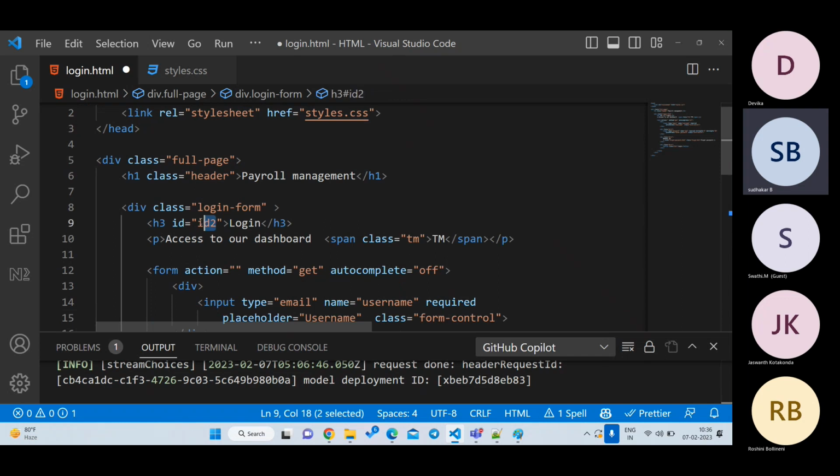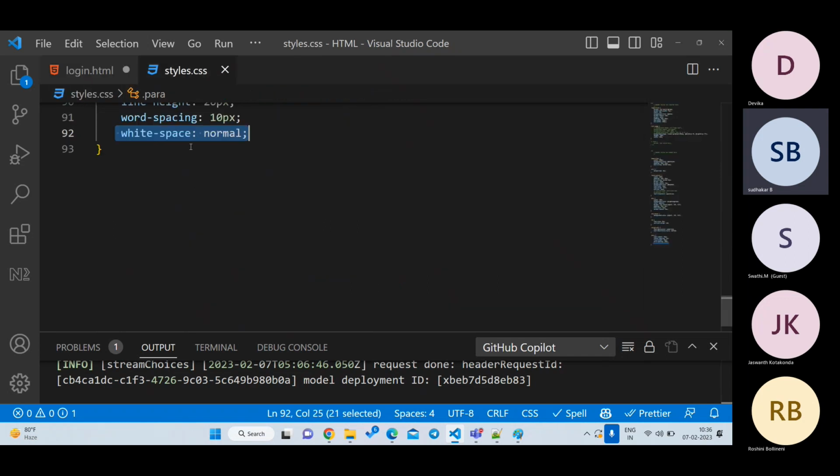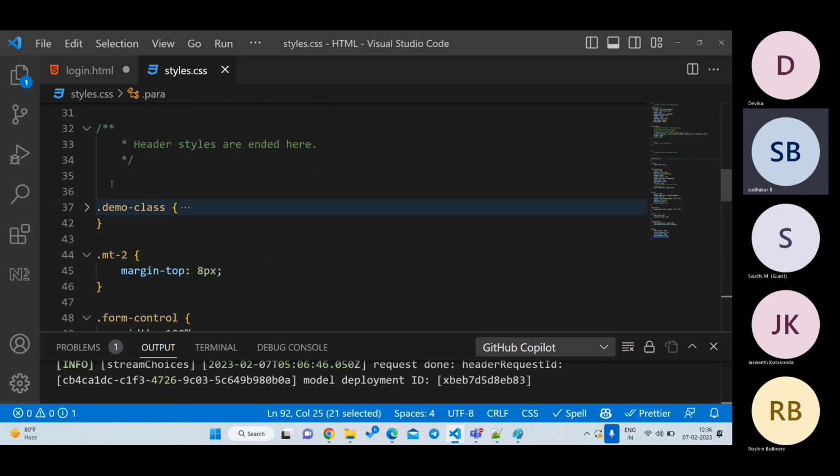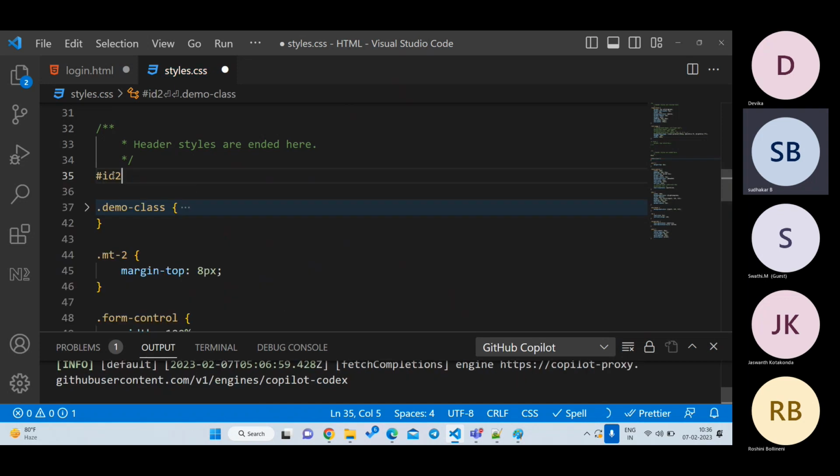Okay, we are having id2, that is okay. Let's go and write the id style. Is there any id2 here? I did not write it. Okay, that's fine. Now to write an id based style, hash id2